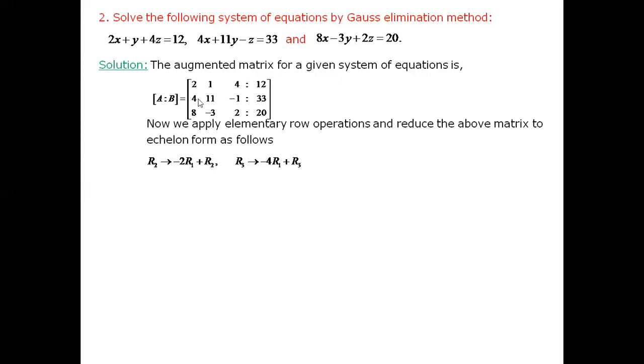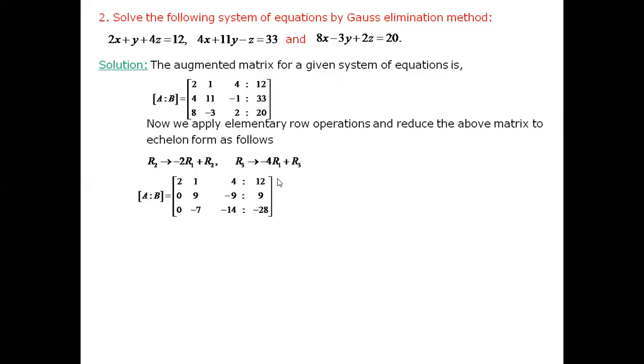I should operate with R1 only. So it is minus 4 into 2, minus 8. Minus 8 plus R3 is 8. Minus 8 plus 8, 0. So I can use this, minus 4R1 plus R3. These are the two transformations I'm going to apply for these two rows to make these two elements 0. So if we apply, we get A colon B equals